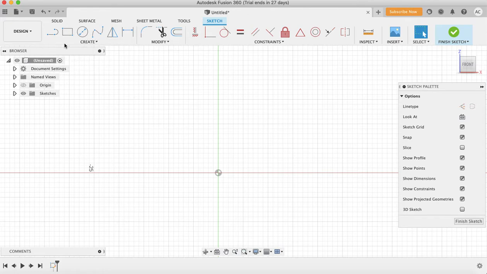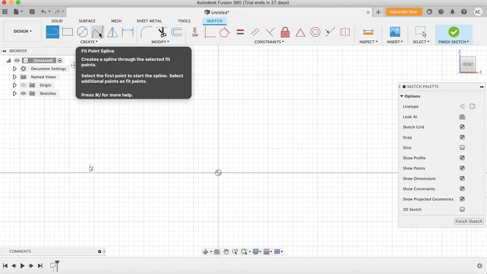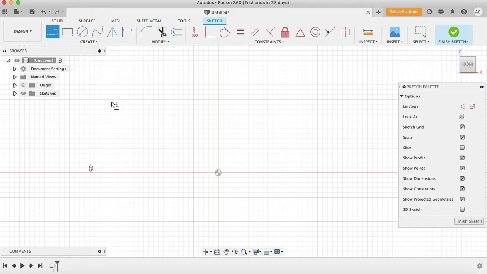So I'm going to start by writing with the line tool here. Notice every tool you can again put your mouse over and it'll tell you what it is. And then if you leave it there, it'll give you a short description on how to use it. So for the line tool, I'm just going to click and let go. I can use escape if I don't want to keep dragging it around, but then I'm going to have to